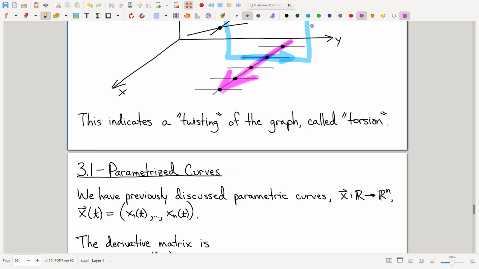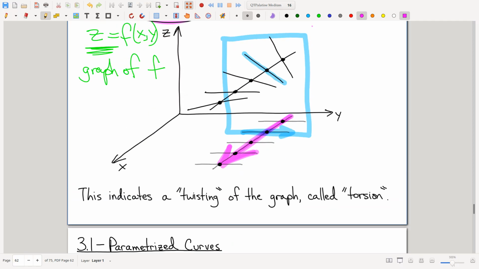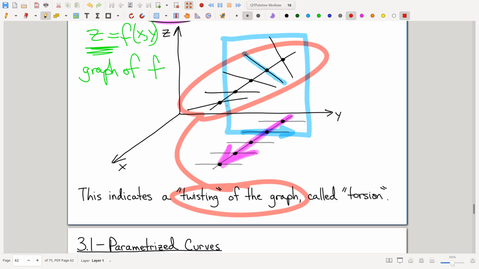Okay, by the way, this is called torsion, and as I just demoed with my hands, I like to think of this as a kind of twisting. What I see when I look at these tangent lines is a flexible surface that's been twisted. I don't know if y'all can see what I'm doing with my hand. Imagine that I have a sheet of rubber that I'm grabbing onto the corners of, and that sheet of rubber is getting twisted like this.